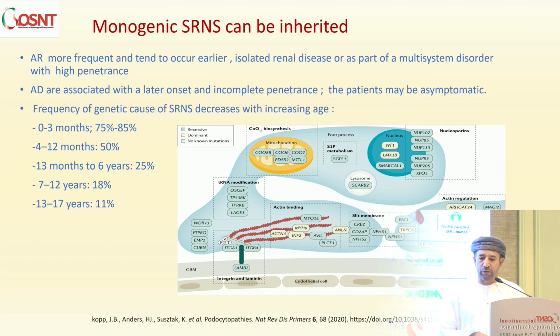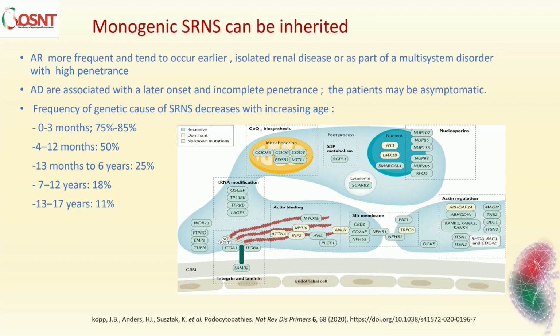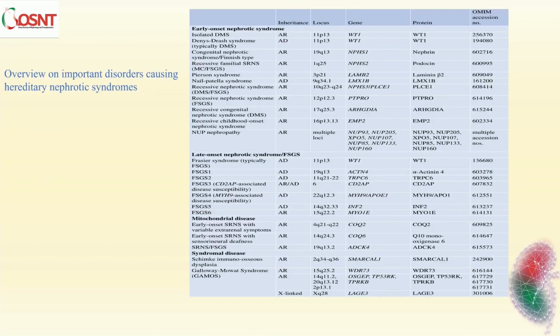And the frequency of genetic cause of steroid resistance decreases with age. You can see in the first 3 months the genetic cause is about 75 to 85%. But in older patients, at 13 to 17 years, only 11% of patients have steroid resistance because of a genetic cause. This table showing us